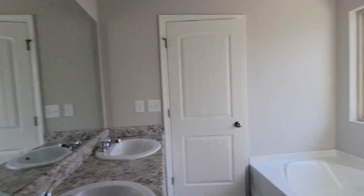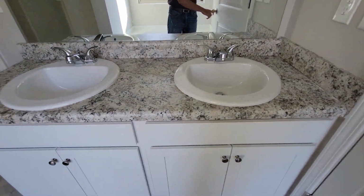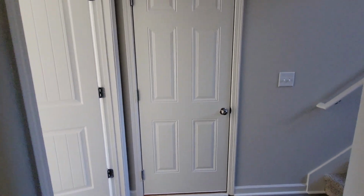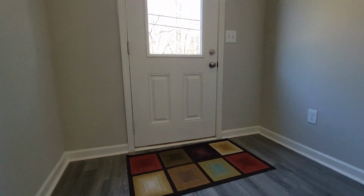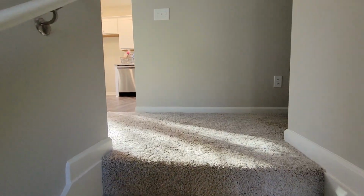And actually, it's a bedroom because the closet is in here. You have a double vanity, so it's kind of like you have a master downstairs. You have nice brand new shower here and here. Then as we go upstairs, brand new carpet,